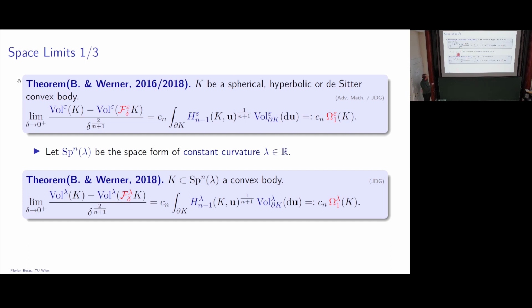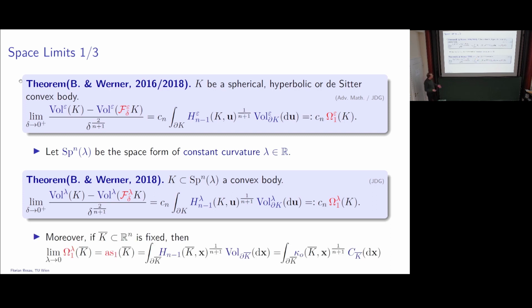You find when you look at space forms of constant curvature lambda, and you're looking at the volume derivative of your lambda floating bodies, they give rise to this expression. And when you scale lambda to 0, you have Blaschke's affine surface area. Okay, so this works nicely and is exactly what we wanted. This was done previously in joint work with Elisabeth, and now